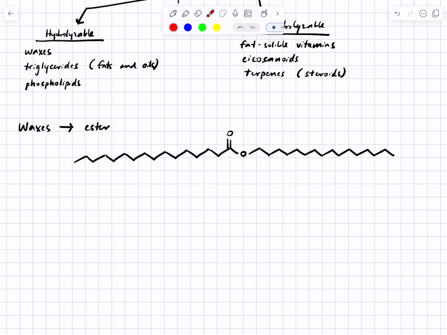So you've got a long chain hydrocarbon here and a long chain hydrocarbon here, a somewhat polar functional group, but the non-covalent interactions that this molecule can engage in are dominated by its nonpolar character. And so waxes are often used in places where organisms need to be water repellent and also to avoid water evaporation. Many leaves in plants have a waxy coating that limits evaporation to conserve water. And there are waxes found in all kinds of different organisms.